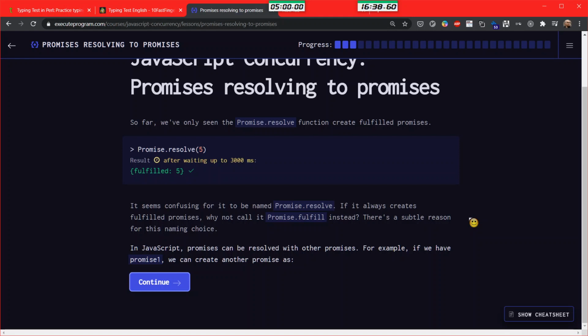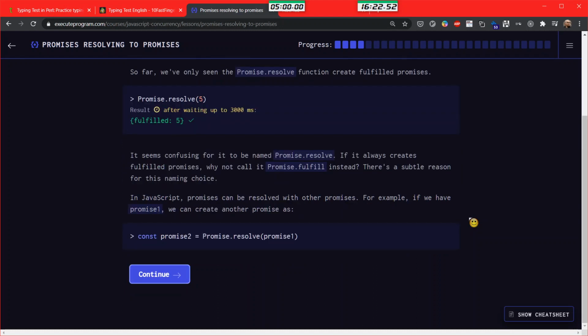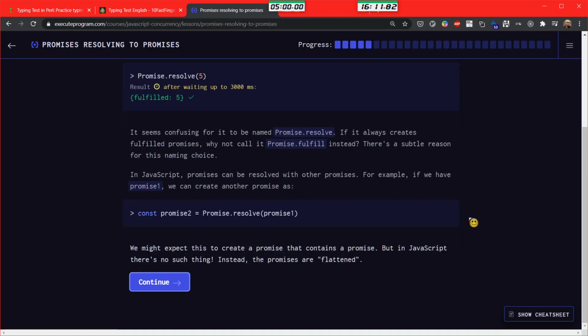Can be resolved with other promises. For example, if we have promise 1, we can create promise 2 as .then. We might expect this to create a promise that contains a promise, but in JavaScript there is no such thing.